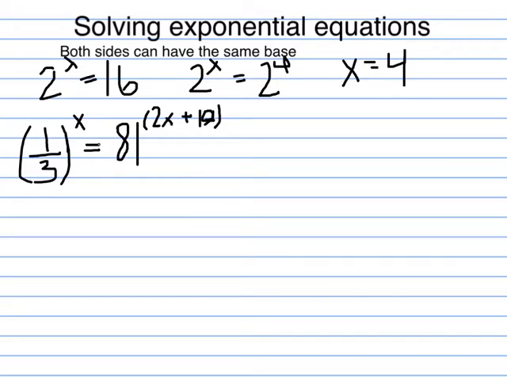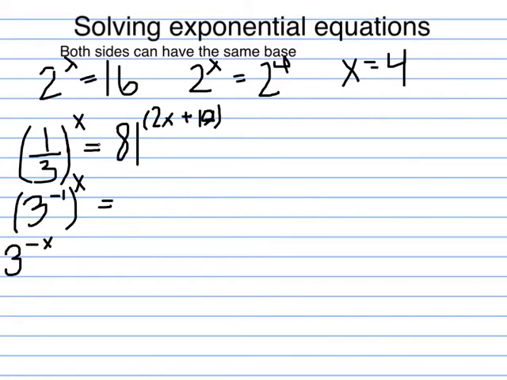Well, 1/3 is the same as 3 to the negative 1. And if you've forgotten that rule, go back and watch the video on exponential rules. So that would be 3 to the negative 1 to the x power. When that's the case, you multiply the powers. So here we get 3 to the negative x